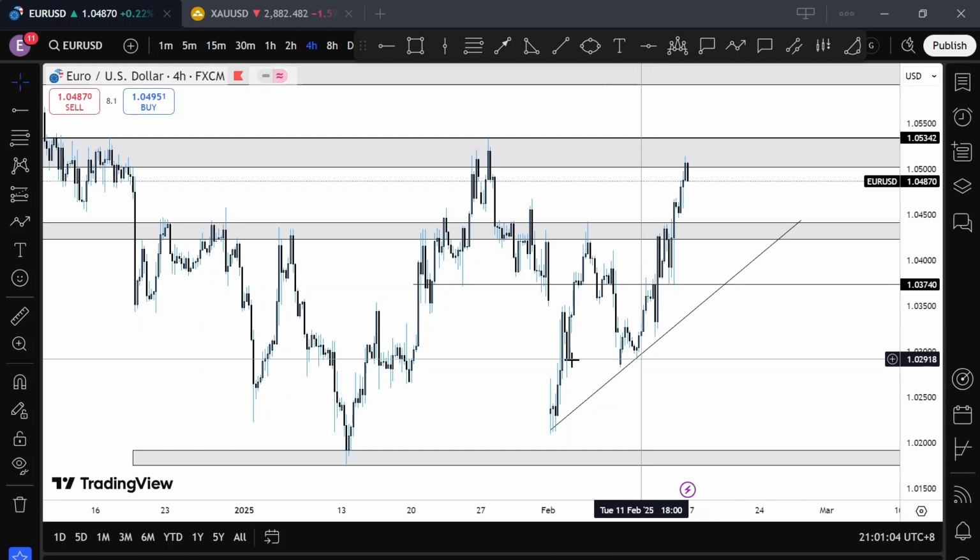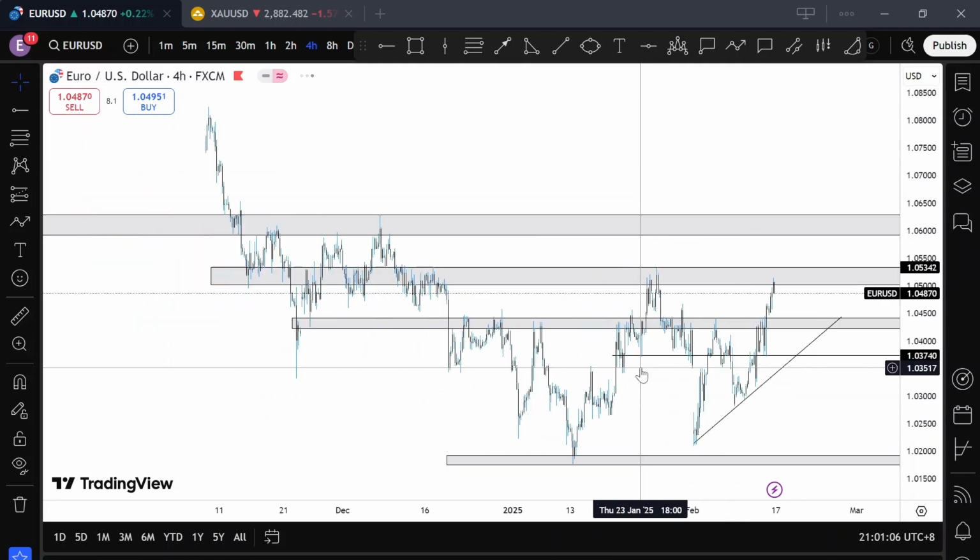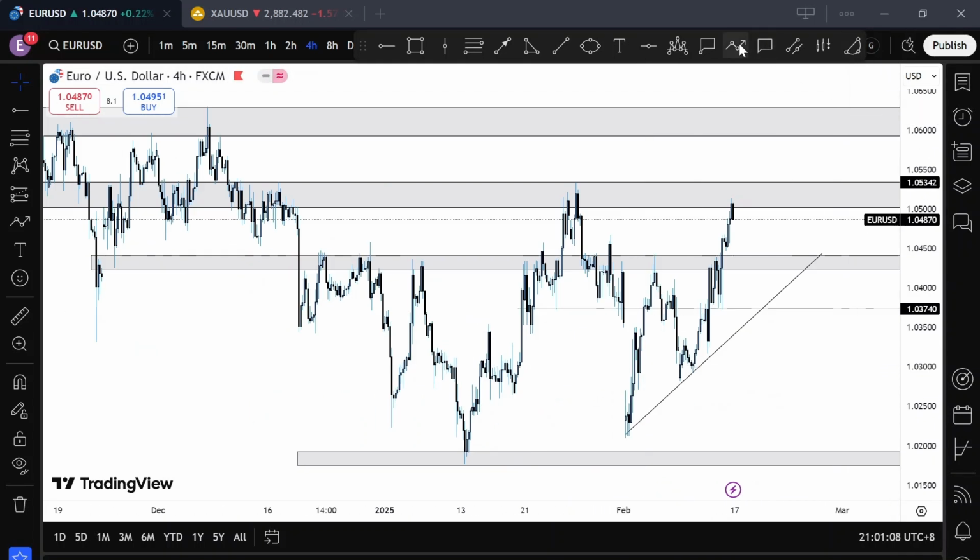Now for the euro USD, it is very similar to pound USD because they correlate. My anticipation will be a pullback to these regions, maybe to retest this trend line for the third time, and then a continuation to the upside. Either it stops here or we get a break, a retest, and a continuation to the regions of 105 or 106. Or we could just get price breaking out of this region at market open. We look for a retest and then a continuation.